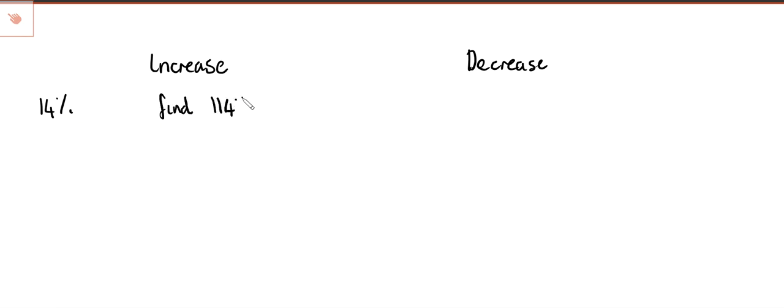So if we increase compared to decrease, so if I do 14% increase, I will find 114%, yeah? If I decrease, well, this was 100 plus 14, this will be 100 minus 14, so I will find